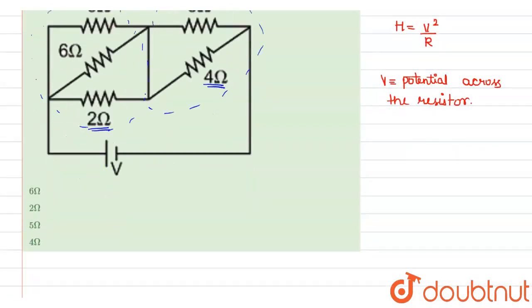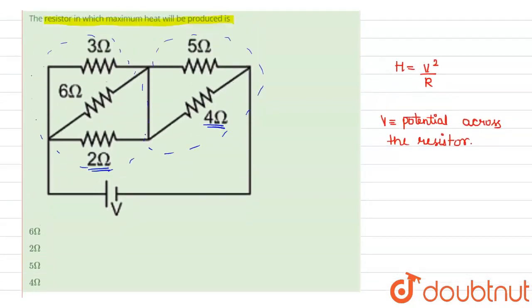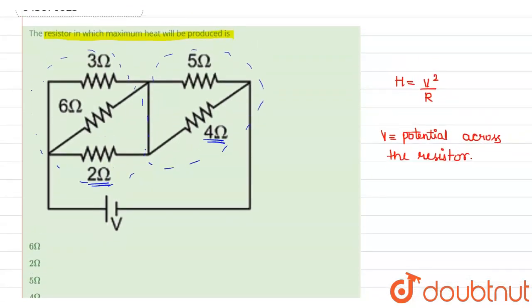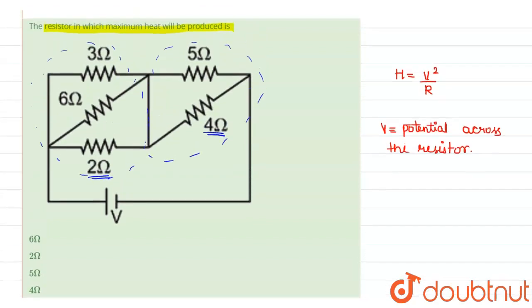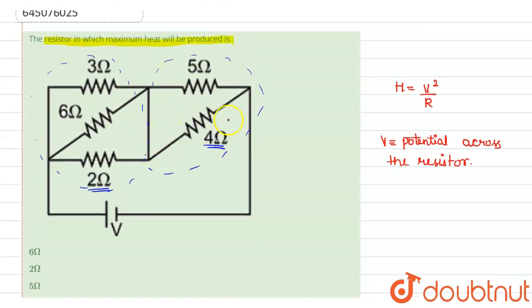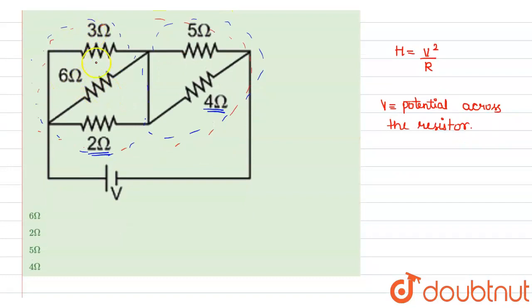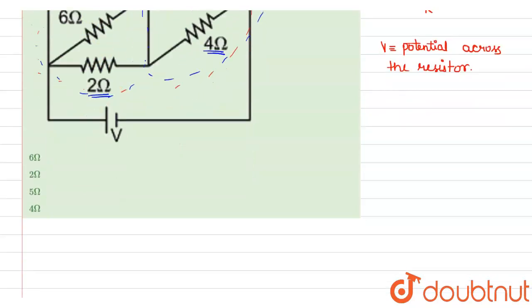Now we have to find which of the two has high voltage. Whether for the first part or the second part, we have to find the current through the whole circuit. So we have to find the R equivalent for this whole part. 3 ohm and 6 ohm are in parallel, so it will be 3 into 6 divided by 3 plus 6, so 18 by 9, which is 2. So R equivalent across these two resistors will be 2, and 2 and 2 are in parallel, so it will be 1 ohm.